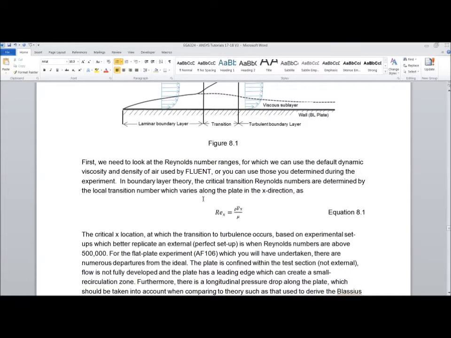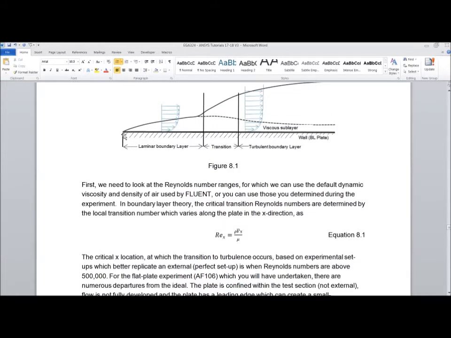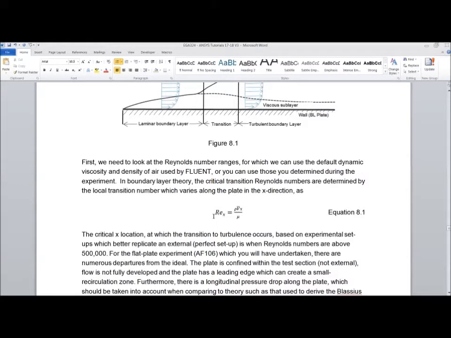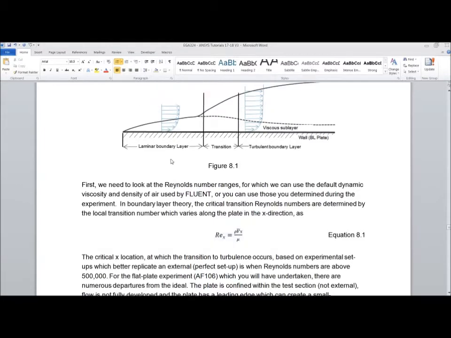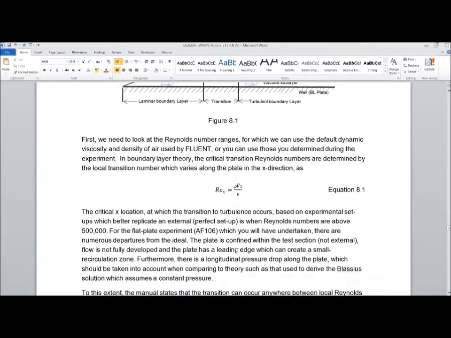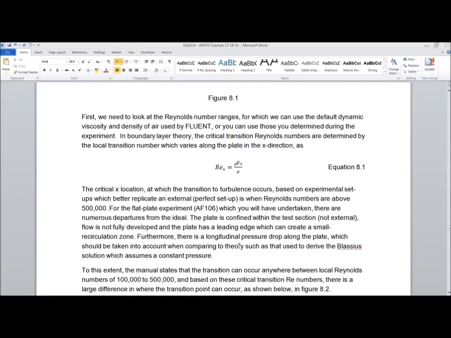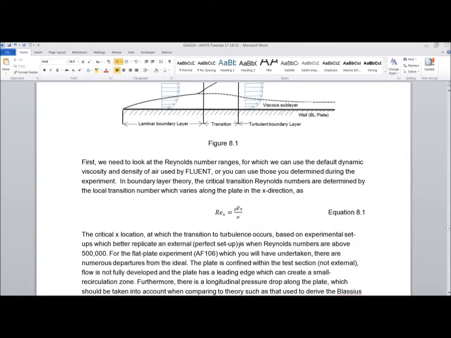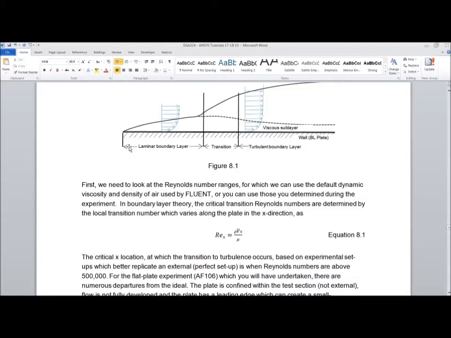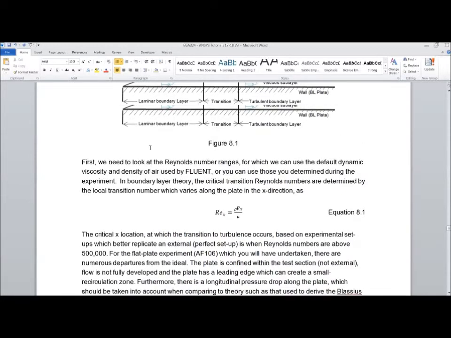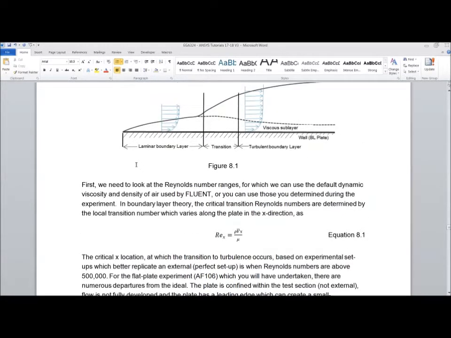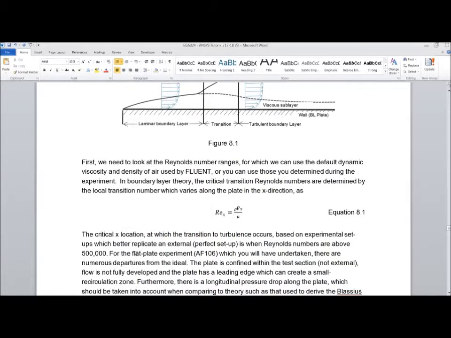The Reynolds number, when talking about boundary layer, is dependent upon the x position from some initial point of the plate. So that the Reynolds number is Re_x equals density rho times the velocity times the position x along the plate divided by the viscosity. Okay, so if you work out, taking care to make sure that your dimensions are in SI units, therefore in meters, the Reynolds numbers for the velocities you'll be looking at will range up to